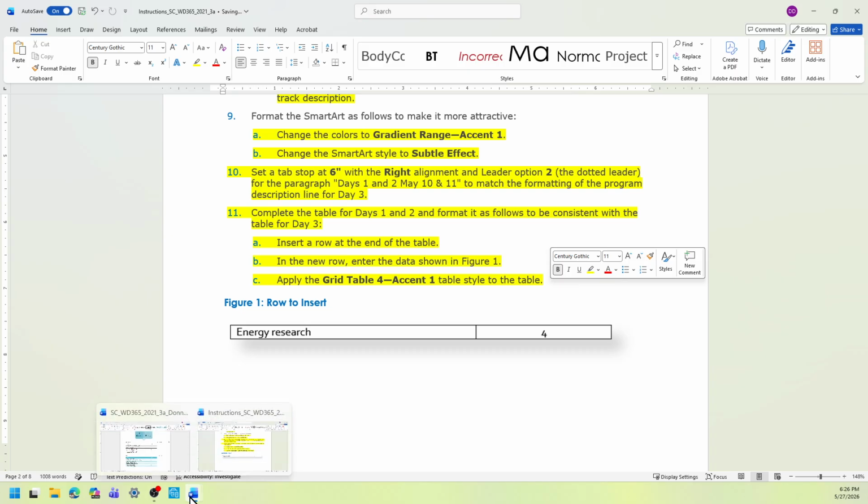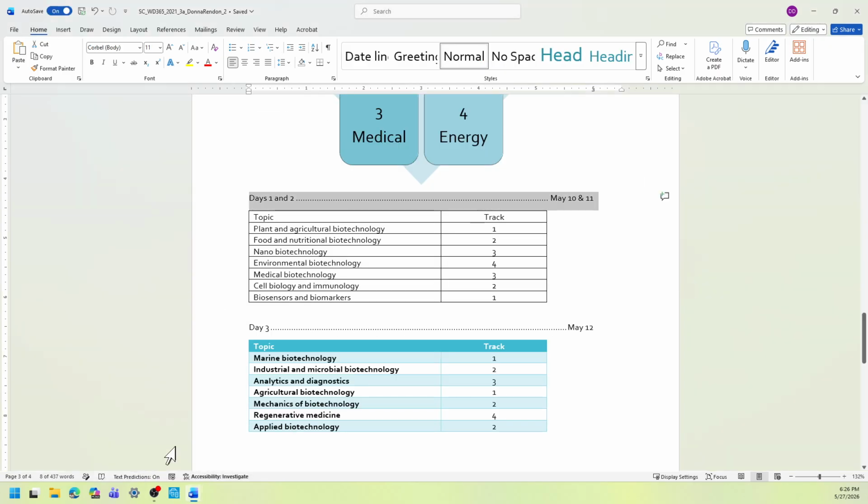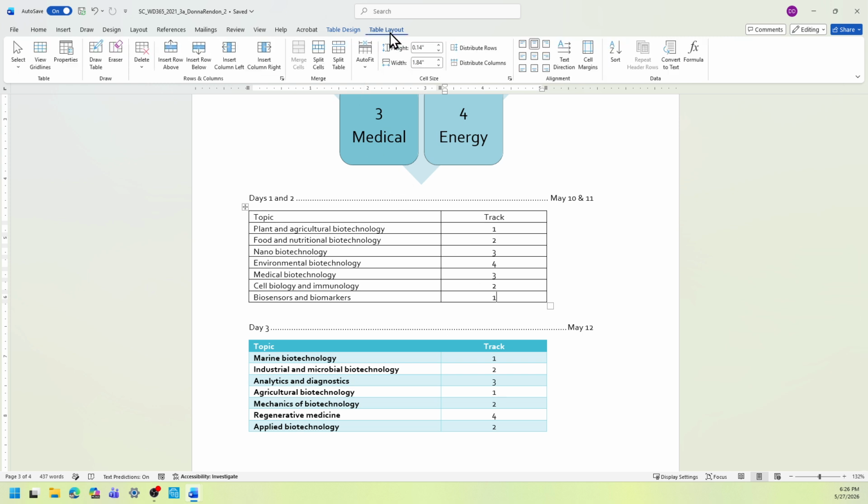Okay, so back to the start file. As we can see, under the day 1 and 2, we need to just insert a row at the bottom. So make sure that you're in the last row. You're going to select the table layout.